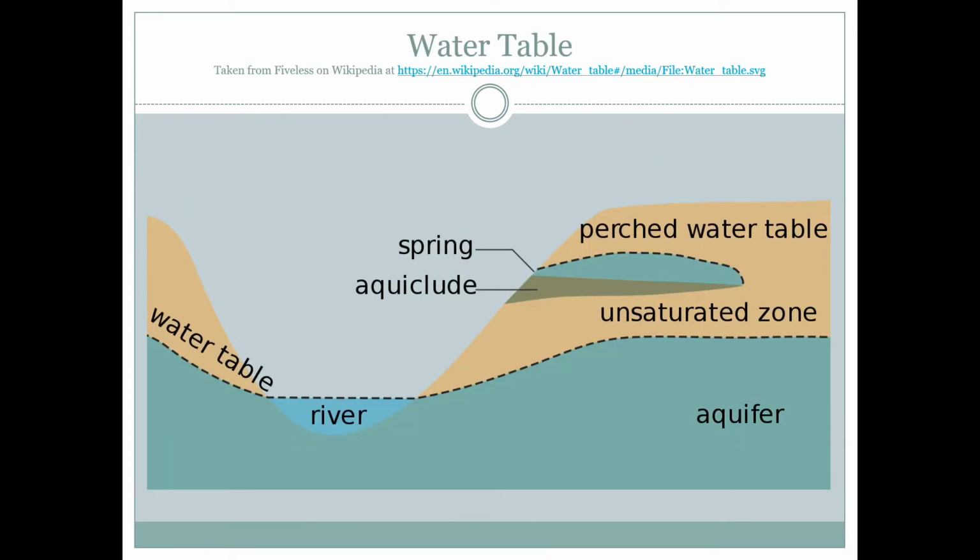So you'll see here, notice that regional water table is the one at the bottom there, and notice how it roughly follows the contours of the land there. See that? But then you have the perched water table above that, where you have that aquiclude, which is another word for aquitard, that prevents the water from going straight down to the main regional water table. And so it creates this little perched water table up there. Perched makes sense, doesn't it? And then you see the spring is where the water table intersects the land. So there it is, a graphic representation of everything we've talked about.